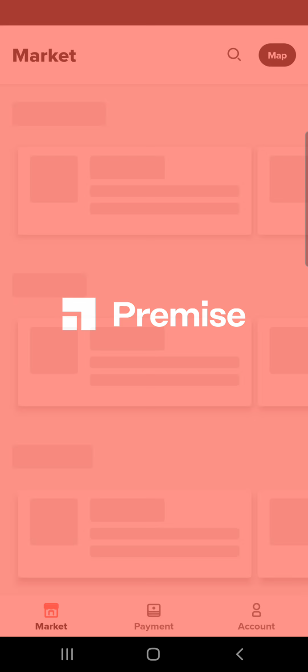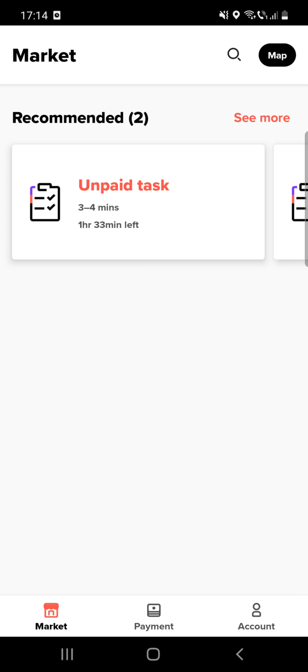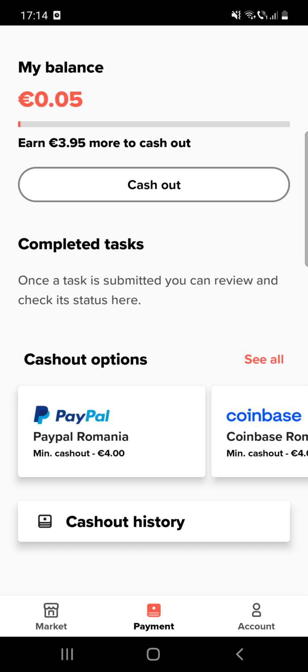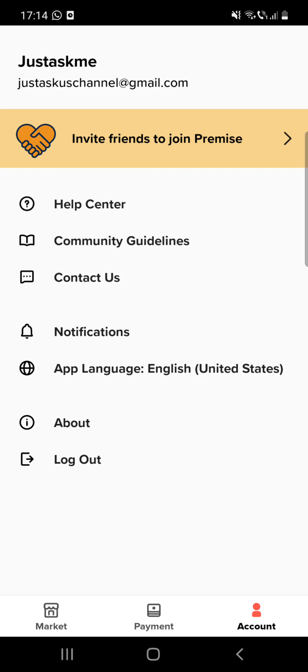So first open the app and you can see that Premise is an app for earning money, so you have to complete tasks, mostly surveys, and in that way you can earn money. You can cash out that money after that through PayPal, Coinbase, or mobile top up, and you can turn notifications